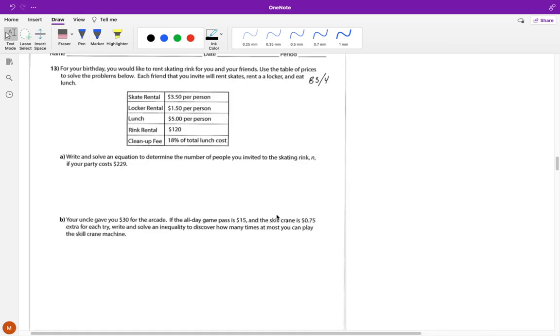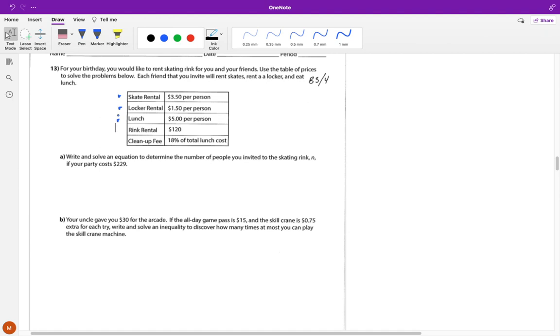All right, so for this last one, for your birthday, you would like to rent a skating rink for you and your friends. Use the table of prices to solve the problems below. Each friend that you invite will rent skates, rent a locker, and eat lunch. So each of them will rent skates, rent a locker, and eat lunch. So write and solve an equation, determine a number of people you invited to the skating rink if your party